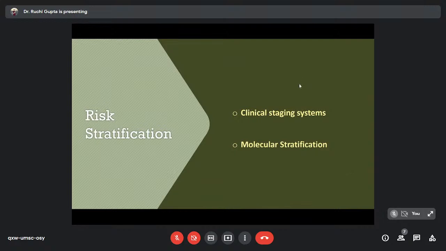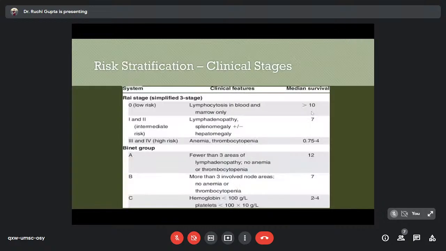So now that I have diagnosed the patient and we have done all this testing, how do we go ahead and risk stratify these patients? We can use the clinical staging systems, and then we have the molecular stratification, and combining the two, we have some prognostic indices. So the clinical stages, this is a